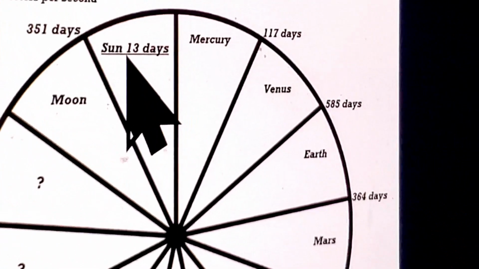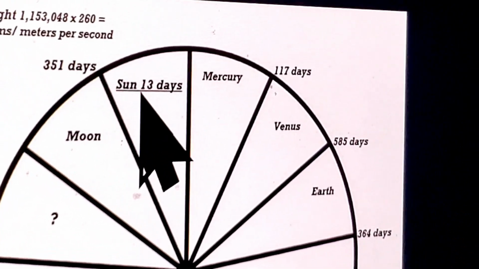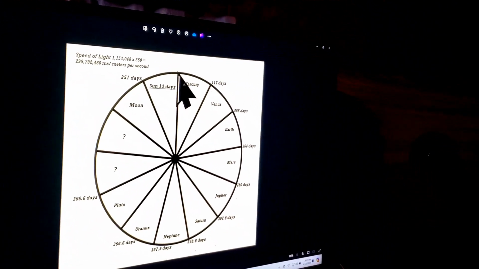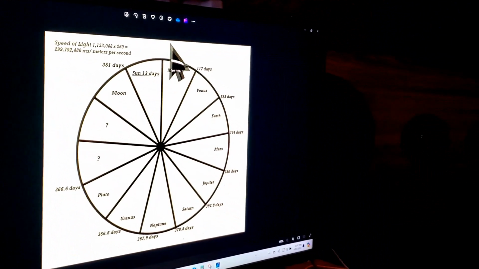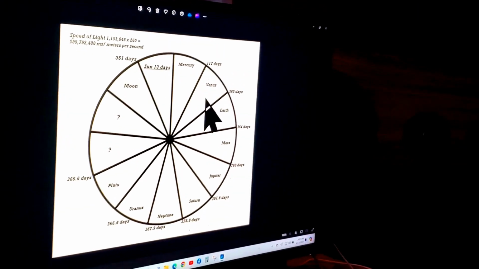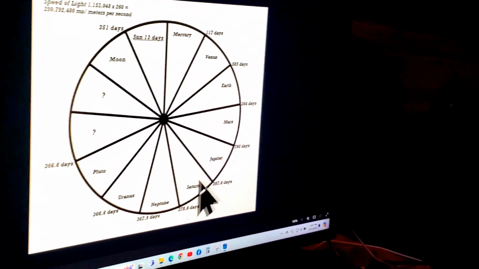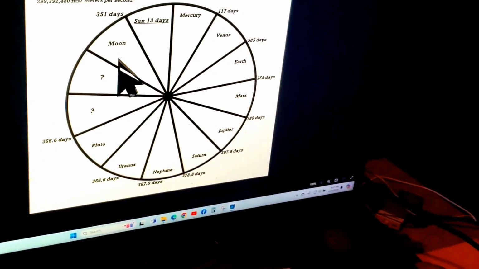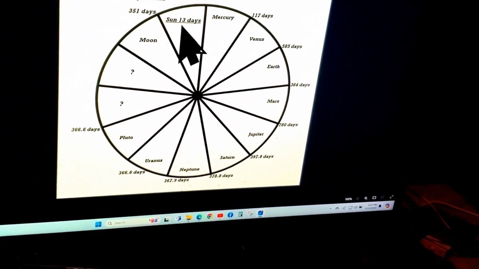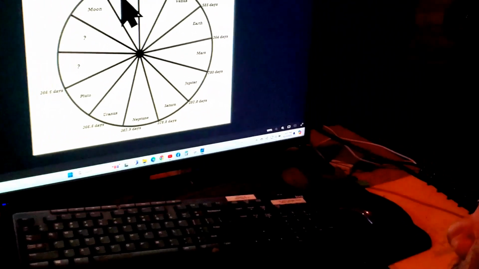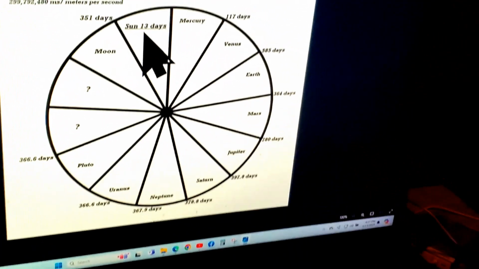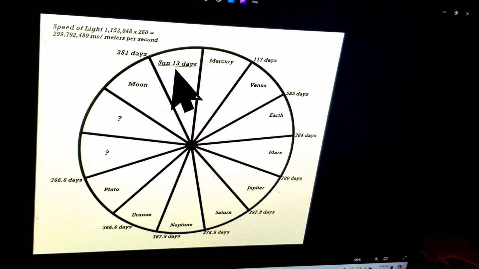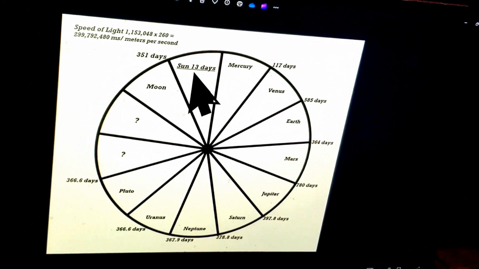And what does that mean? That means that all of my planetary pizza, this is the cycle of the sun as it goes through this cycle. It starts here. This is the sun going through its 13 phases. Phase 1, phase 2, phase 3, phase 4, phase 5, phase 6, phase 7, phase 8, phase 9, phase 10, phase 11, phase 12, phase 13. And that's the whole entire cycle for the sun in a 13-day period as it goes through its cycle. So everything is laid out on these 13s according to the sacred calendar.